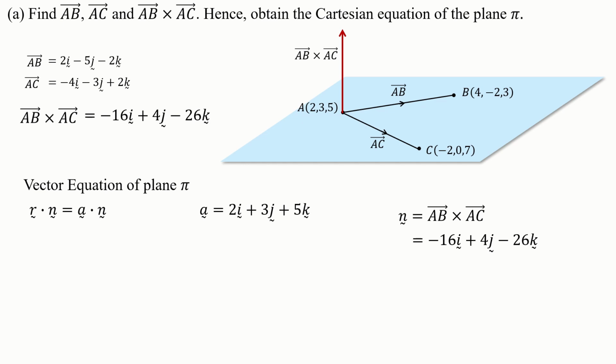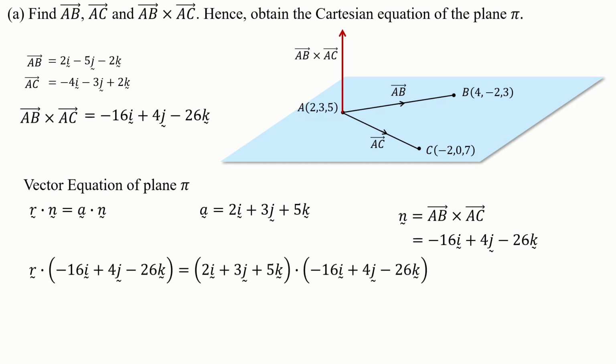We already have vector A and n, so we just substitute those vectors into the vector equation of the plane. And on the right-hand side here, we need to calculate the dot product. So if we calculate, we get that it equals negative 150. And we can change this to the Cartesian equation just by